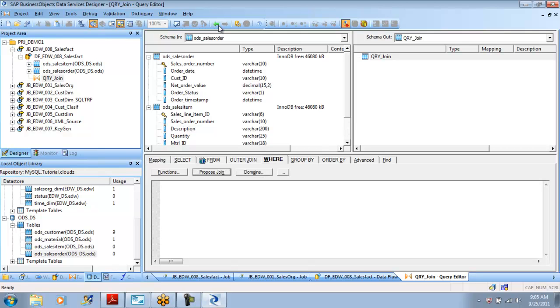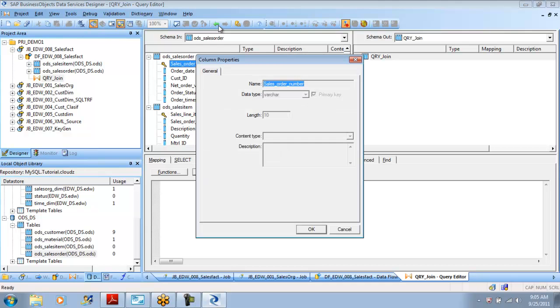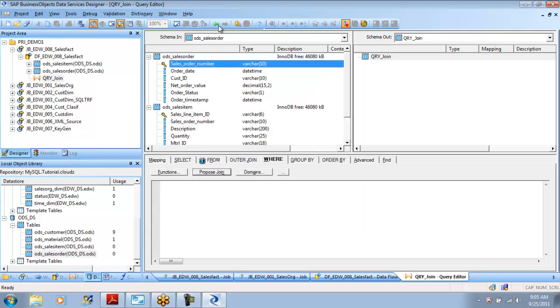In the where clause, you already see these are the two primary key columns in different tables. But here for us, sales order is the master and sales item is the detail. So I have to connect them based on the sales order number and get my data out there. So I'm going to